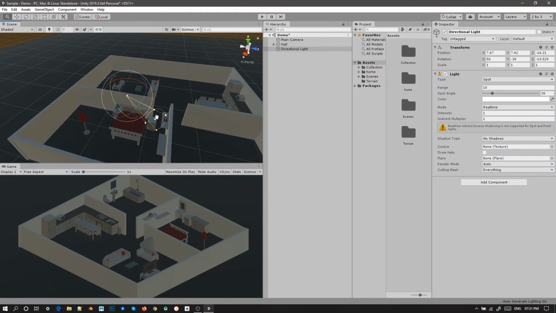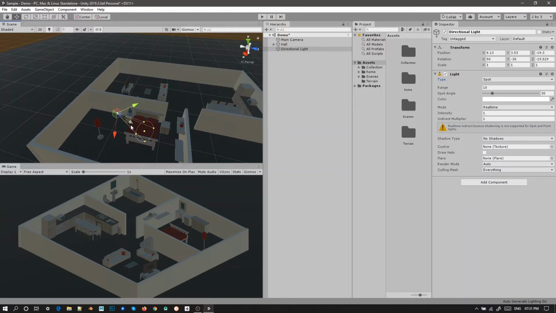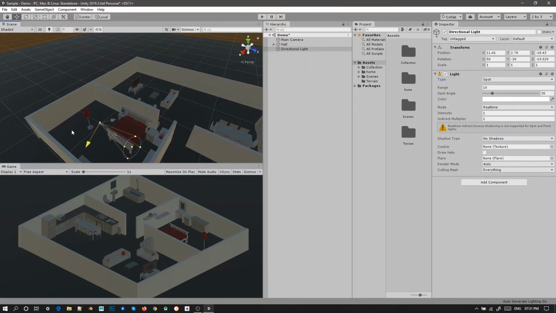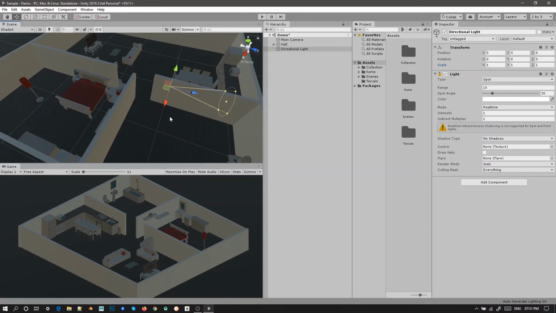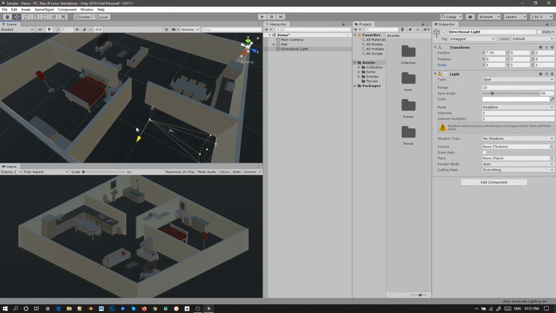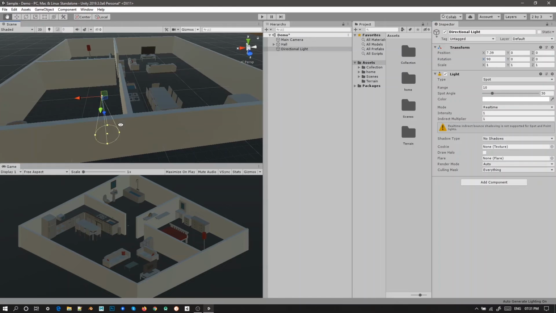First, let us select the spotlight. Spotlight will give you a vision just like a torchlight, guys. We shall change the position to 0 and rotation to 90, right? So if you do that, you can see a change. It is exactly like the flash of a torchlight.